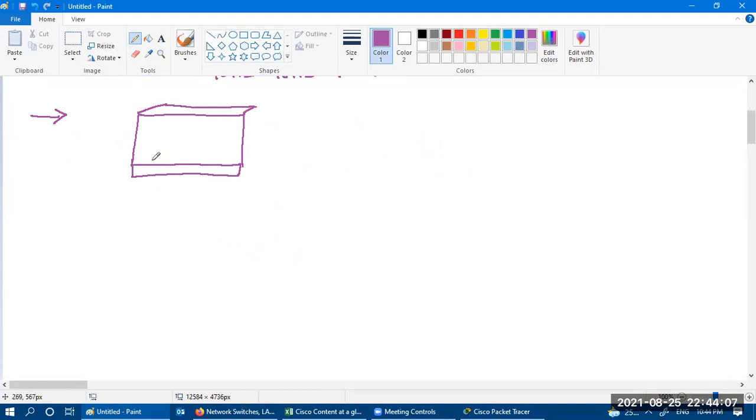In the front panel we have just the branding, and in the back panel we have the ports. We are going to talk about the different kinds of ports available inside switches. Like a router, we have an Ethernet port. Let me properly write that down.